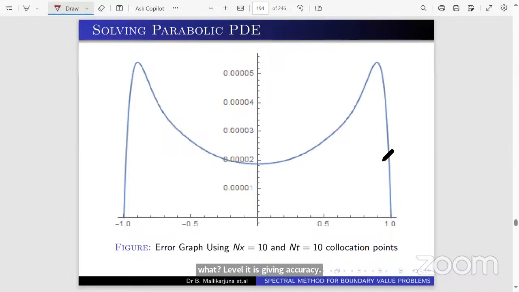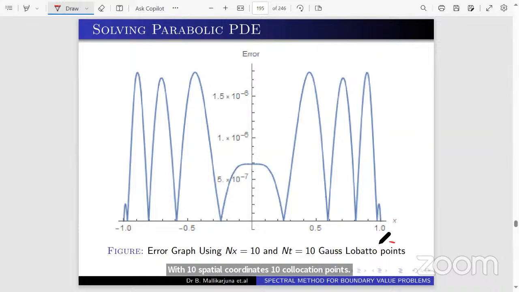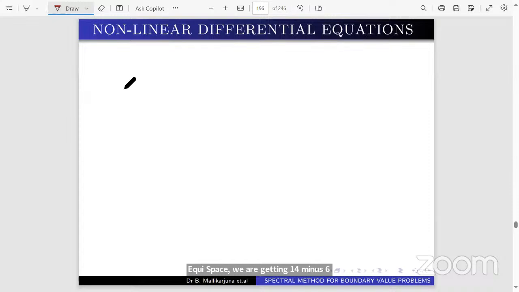That is why error approximations. It is giving 10 power minus 4 with 10 spatial coordinates and 10 collocation points with respect to t. If we consider Gauss-Lobatto in place of equispaced, we are getting 10 power minus 6. So this is how we implement the spectral method for the solution of linear